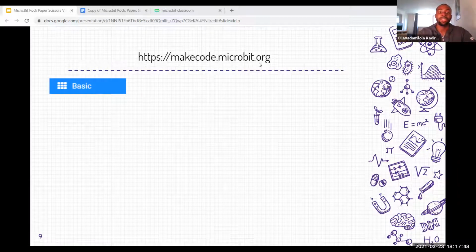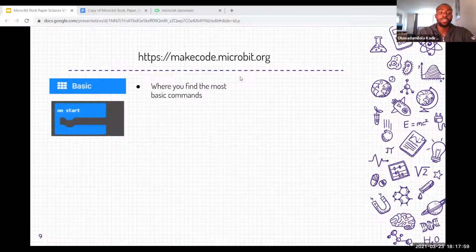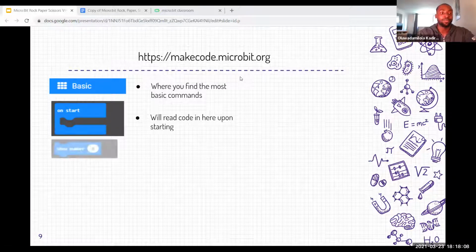Now, here are some of the blocks that we'll be using today. This is the basic block, and this is where you find the most basic commands. Some of them are the onStart command. Your MicroBit will read whatever code is inside your onStart block whenever it starts. Then we have the show number block. Your MicroBit will make whatever number is inside your show number block appear on its LEDs whenever it sees the show number block.